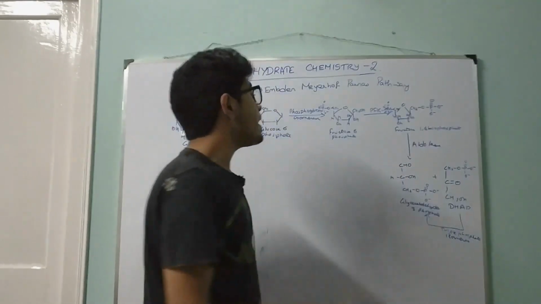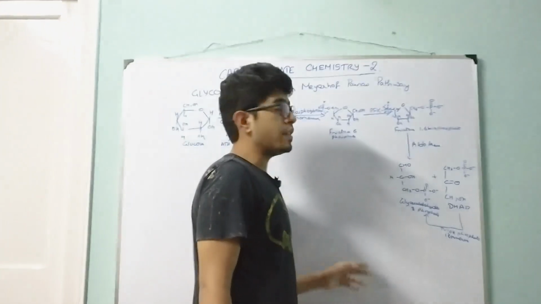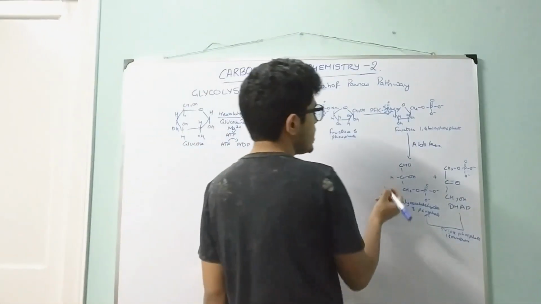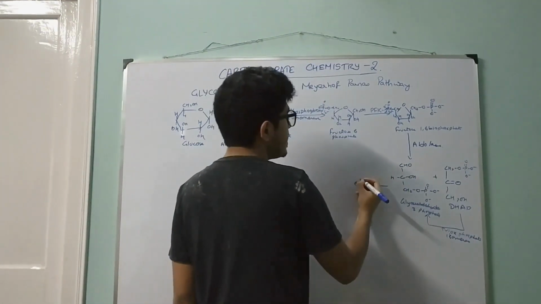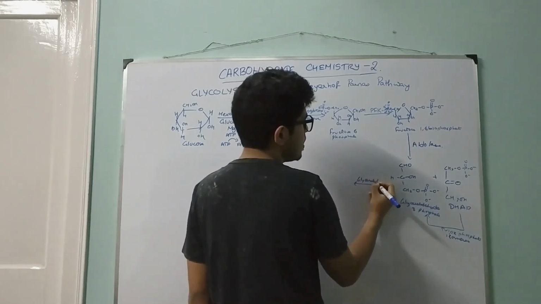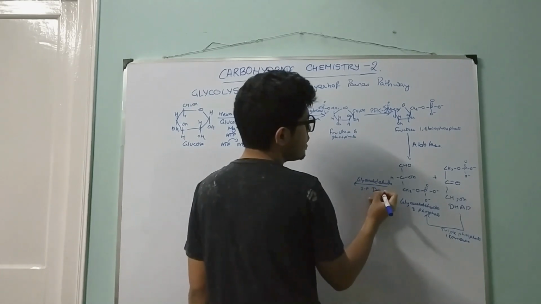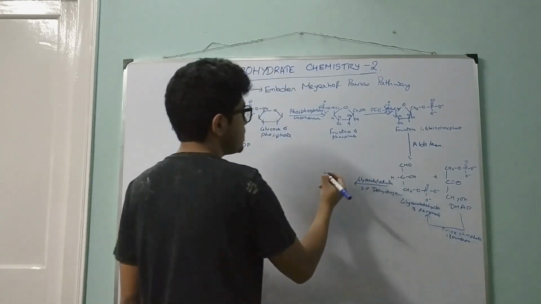So, ultimately at the end of this aldolase reaction, we get 2 molecules of glyceraldehyde 3-phosphate. After we get 2 molecules of glyceraldehyde 3-phosphate, this is acted upon by glyceraldehyde 3-phosphate dehydrogenase. We get